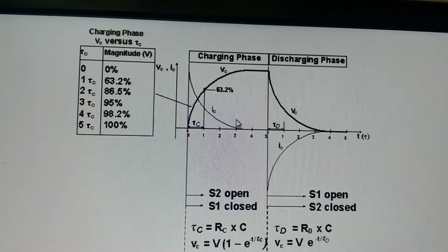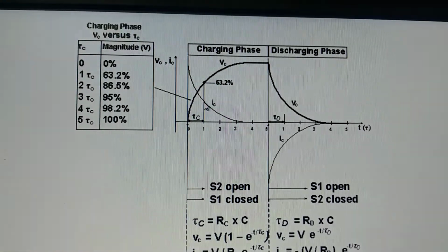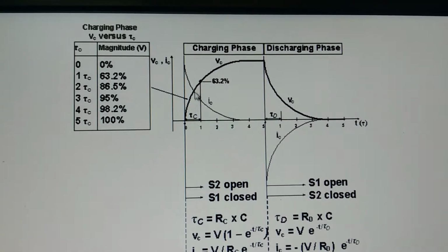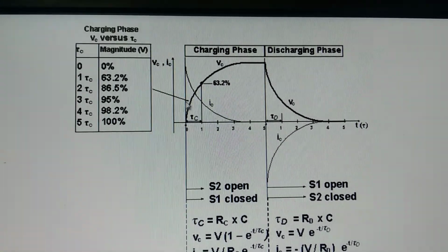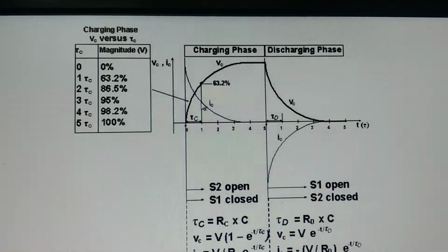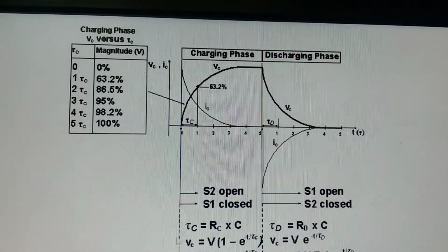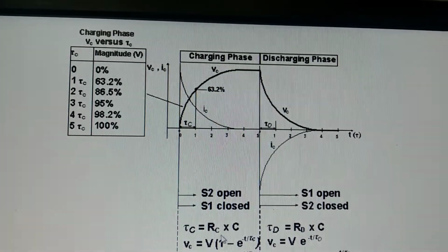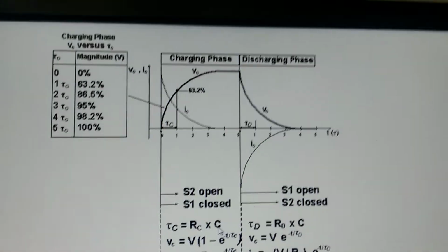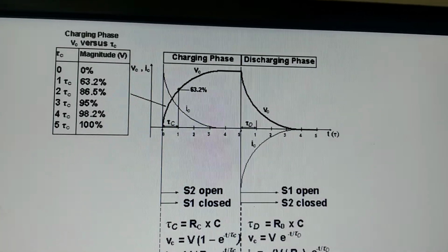The time constant is the time required to charge a capacitor to 63.2% of the total charging voltage, or it is 37% for discharging. If we measure the time from 0 for the voltage, it is 63%, whereas for the current it is around 33%. That is the charging time constant, which is calculated as tau C equal to R into C. If we know the resistance value and the capacitor value, the product of them will give us the time constant. This is what the charging and discharging characteristics are.